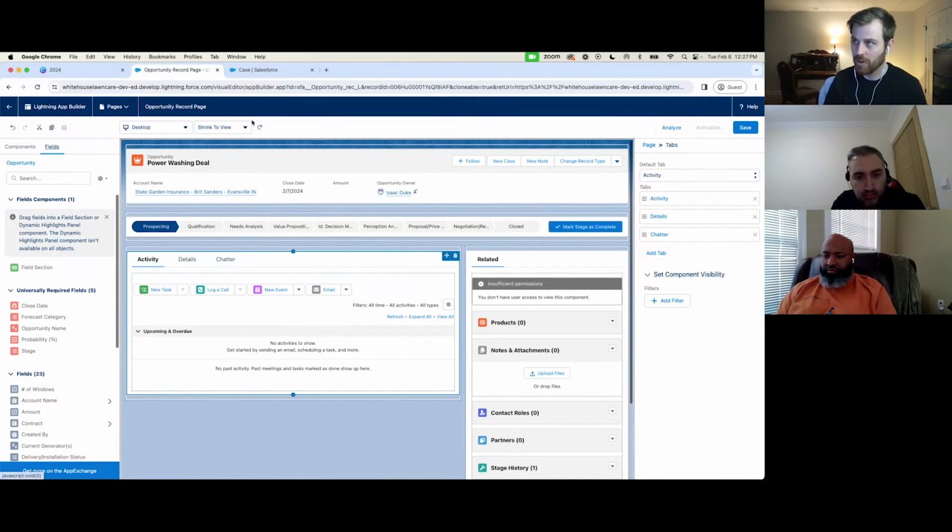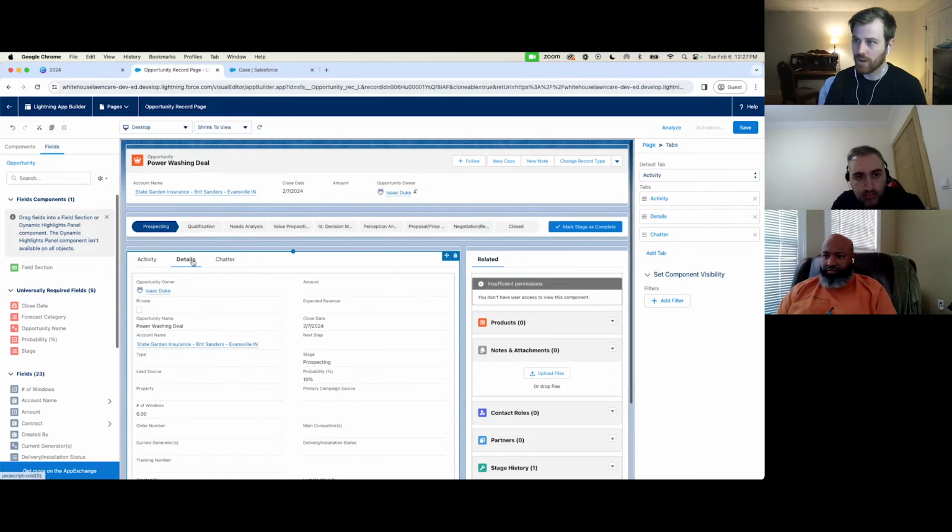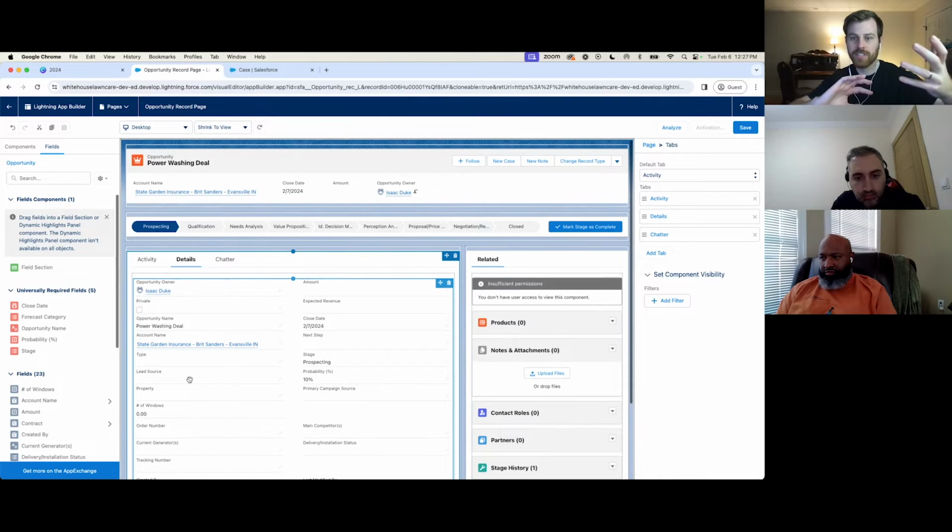So on a page layout, that classic functionality, you are going to update the fields, the sections, how they're ordered. That's one of the main things a page layout does. On a Lightning record page, we have this details component, which is pulling up what you set on the page layout into this component. Does that make sense? So the fields,